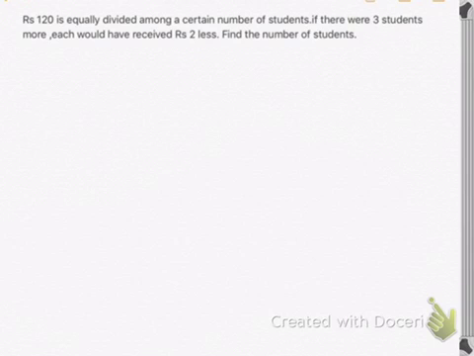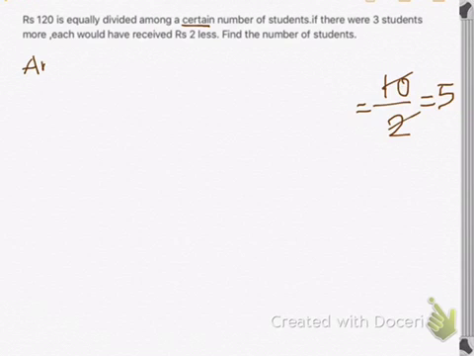So in this case, rupees 120 is divided among a certain number of students. So we don't know the number of students. Let us say, for example, if we divide rupees 10 among 2 students, then each would receive rupees 5. Similarly, in this case, we know the amount, so we can write the amount to be 120 rupees and the number of students